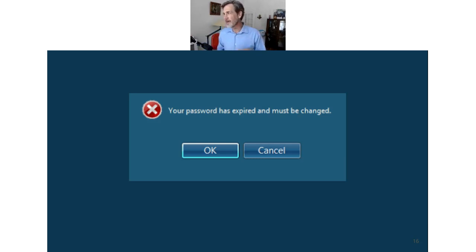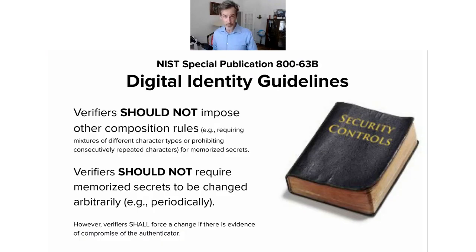This is not effective, and this is a counterproductive policy that causes people to behave in a very predictable manner, to work around this policy with those password composition tricks that we all have, writing them down on Post-it notes, things like that. As I said, this was never required by HIPAA. It was for a brief time recommended by NIST, but the latest version of NIST, particularly Special Publication 800-63B, Digital Identity Guidelines,